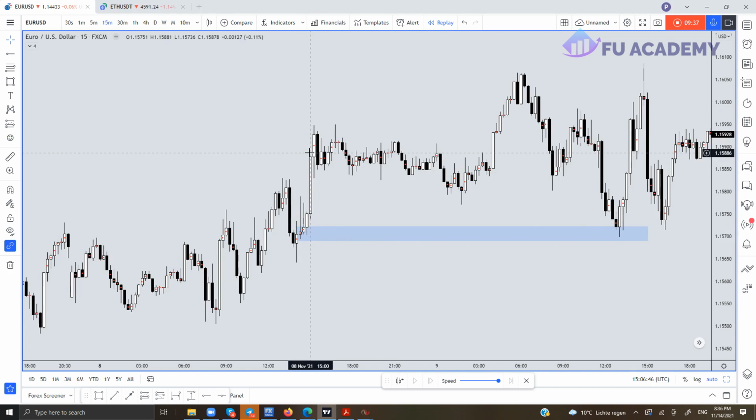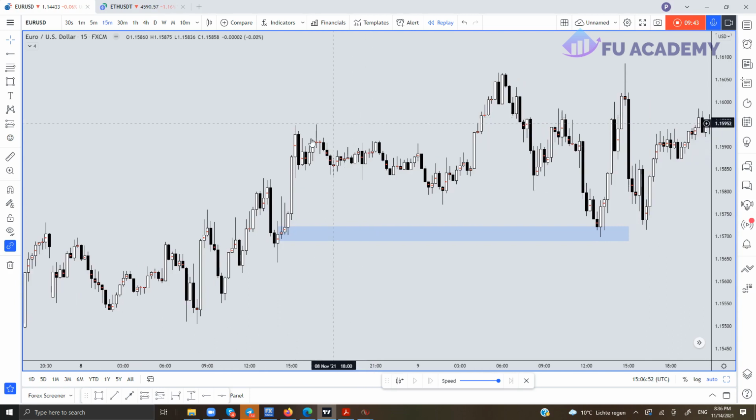If you have watched my last videos, then you know that I look for these kinds of moves, strong moves, and let the price come back to the zone again. When the price came back to this zone again, remember the timing. Don't trade all the time. Trade London or New York, maybe say London 2 hours and New York 2 to 3 hours. Don't trade outside these hours because timing is very, very important. Price and timing both are very, very important,